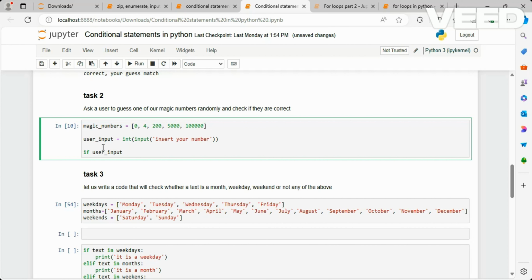When you check the operators in Python, you will see how we use in and not in and other operators in Python. Now, if user input is found in any of these lists, so in magic numbers,